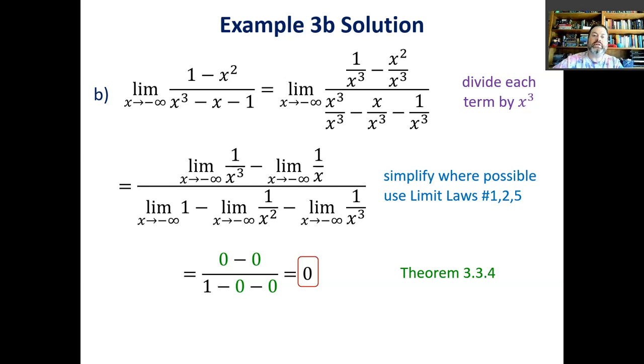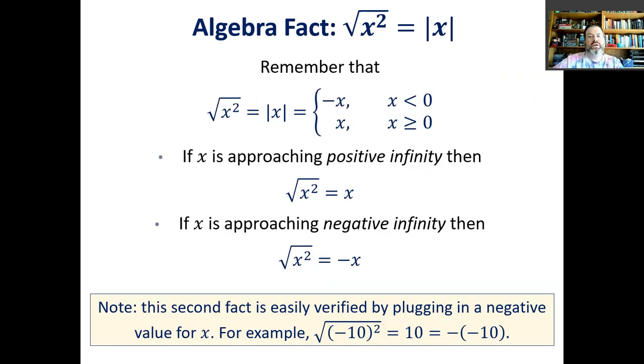Okay, now let's see what else we can do. So here's a little algebra reminder. This is a fact that a lot of people forget about, so I always go over it. The square root of x squared is the absolute value of x. So if we're coming in from the positive direction, we can simplify that to x. No big deal. But if we're coming in from the negative direction, so if we're heading in the negative direction,